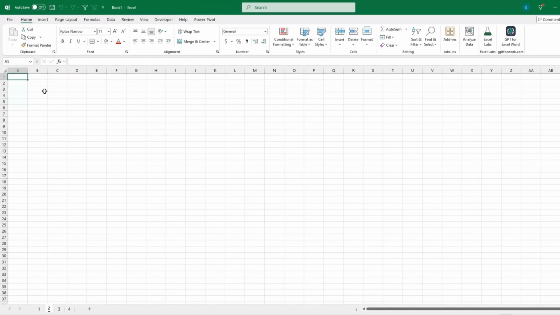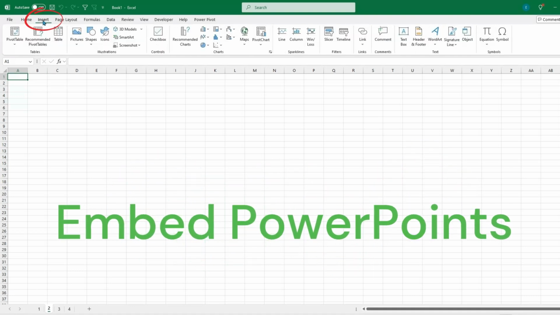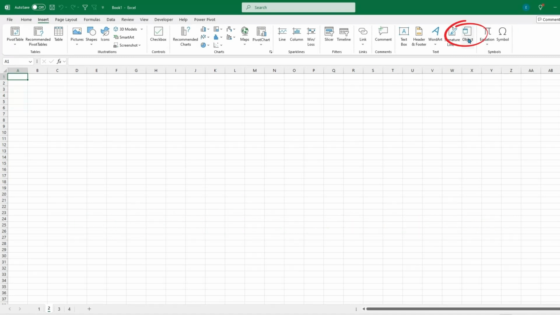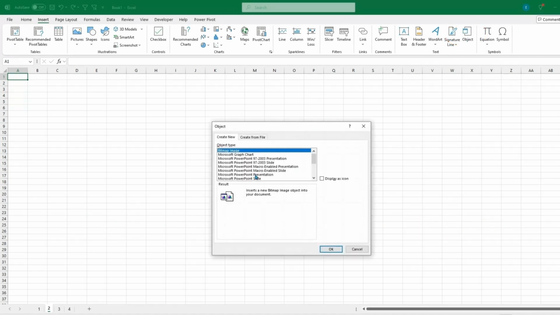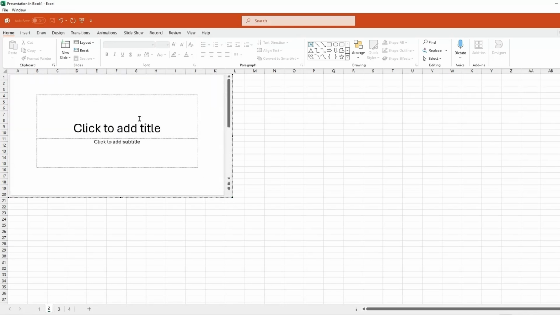So the second feature I'll be covering will be embedding PowerPoint presentations. So if we go to Insert and then we click on Object, we'll be able to insert a Microsoft PowerPoint presentation. And so when this screen pops up, we can add a new slide, and then we'll be able to drag to go from one slide to the next. We can also make this larger by just dragging the corner, and we could do first slide,